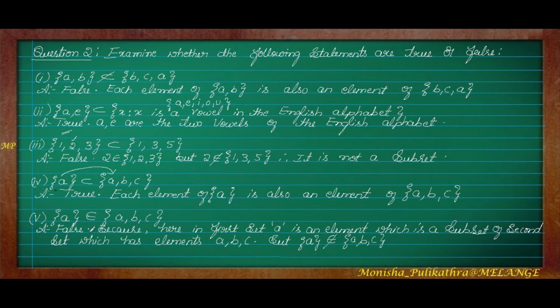Moving on to the fifth question. Here a slightly tricky question they have given. It is subset where it is belongs. Okay. a belongs to set B, it is a false statement. If they have given subset, then it is true because the elements which are in the first set are also there in the second set. So we can write it as subset, but we can't write it as belongs to. Why? Because in set A, this is the first set, in the first set, it has an element a.